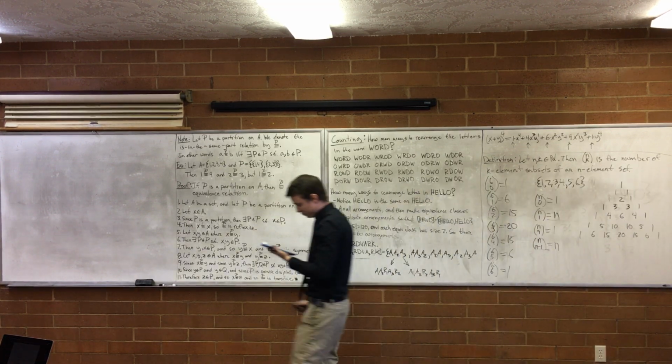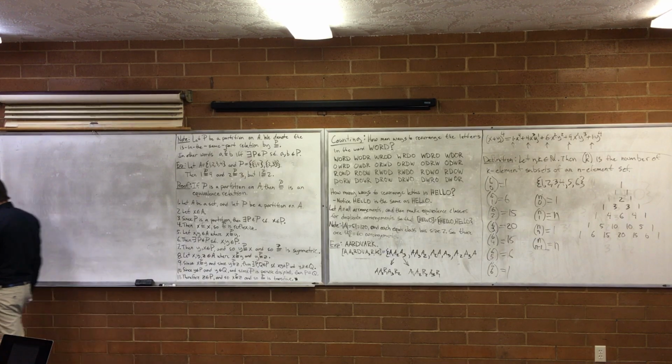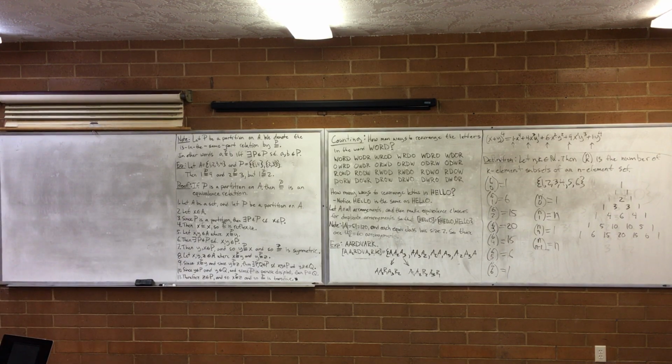So, let's see. Proposition 17.5. Let n be an integer with n greater than or equal to 2, then n choose 2 is